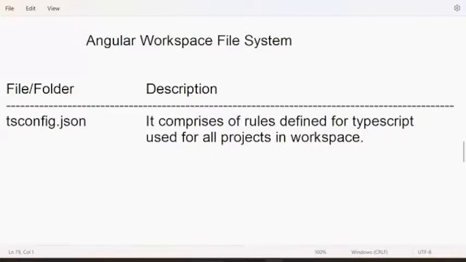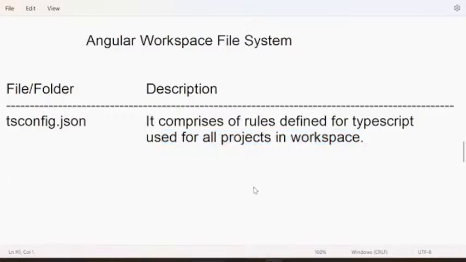If all 4 projects have to follow the same rules, you define them in tsconfig.json. Remember, there will be one more tsconfig.json in every project, which means every project has its own rules. All projects will have some common rules. Is this related to a specific project or all projects? All projects, because it is present in the workspace.